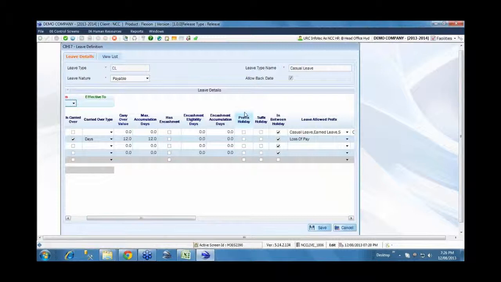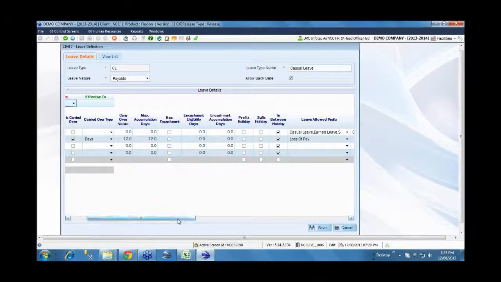For each leave, we can specify whether it can be accumulated, and if so, how many days or what percentage, what can be carried over, whether it can be encashed or not, and whether you allow the employee to take this leave in continuation with other holidays, or whether that is not allowed.